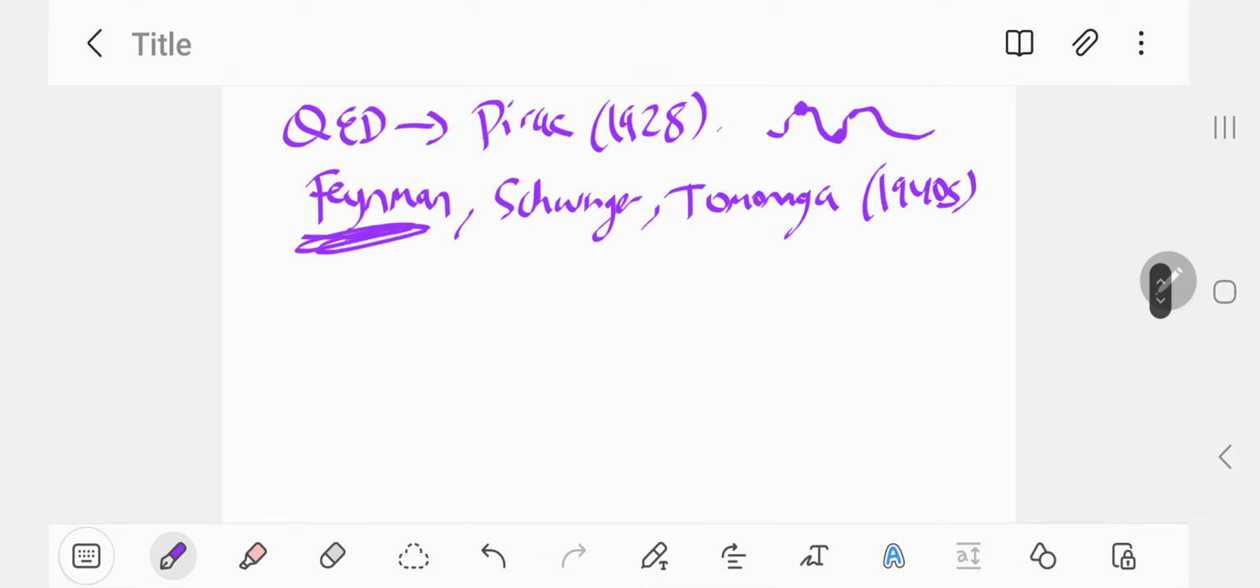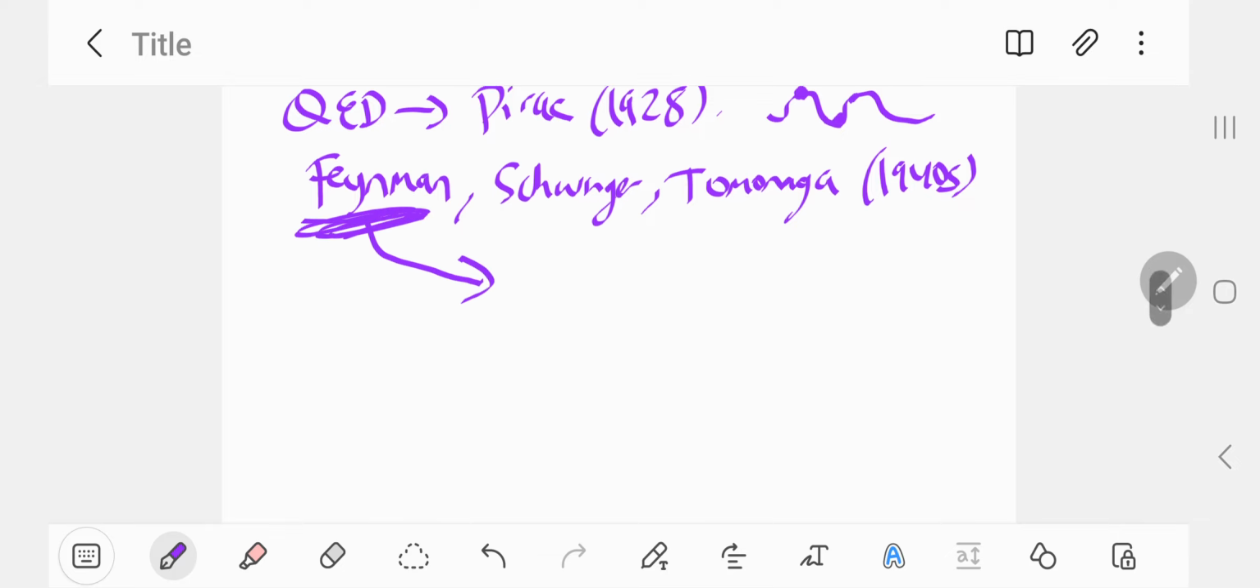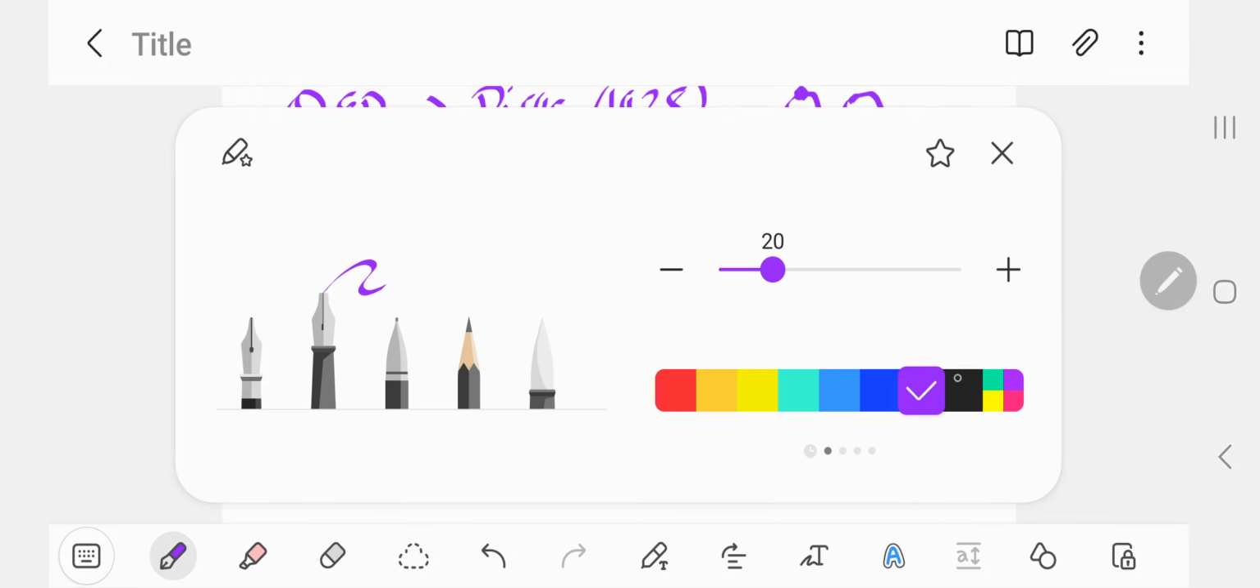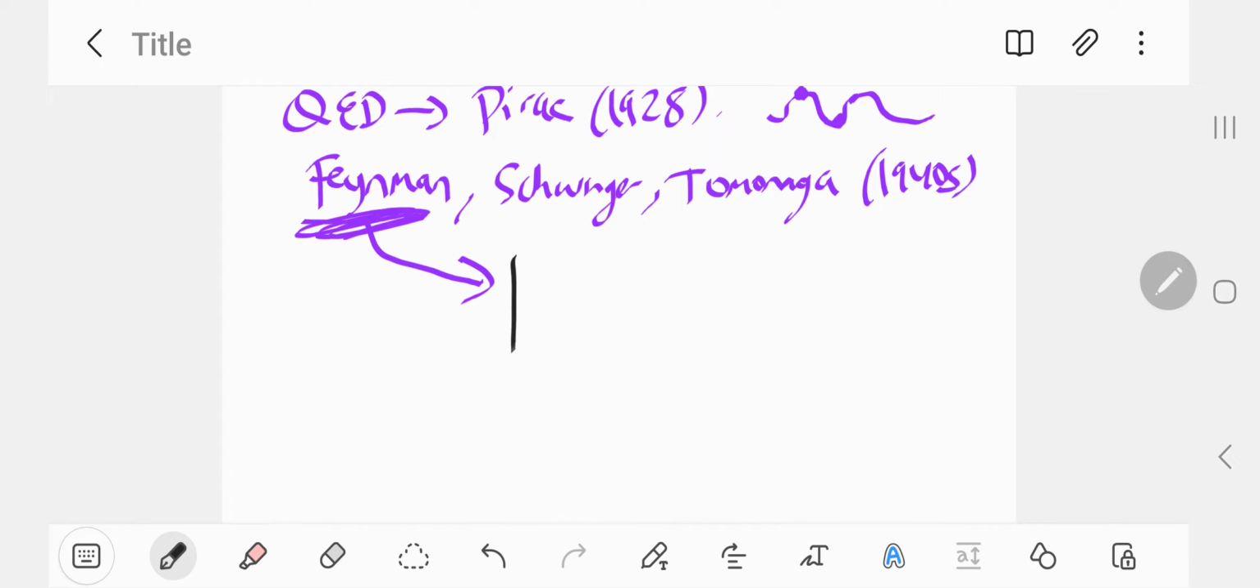But it was Feynman in particular who took this maths and made it into something a bit more digestible, a bit more understandable in terms of pictures, in terms of graphics. He developed what are now called Feynman diagrams in his honor. A Feynman diagram shows particle interactions. It's a graphical representation